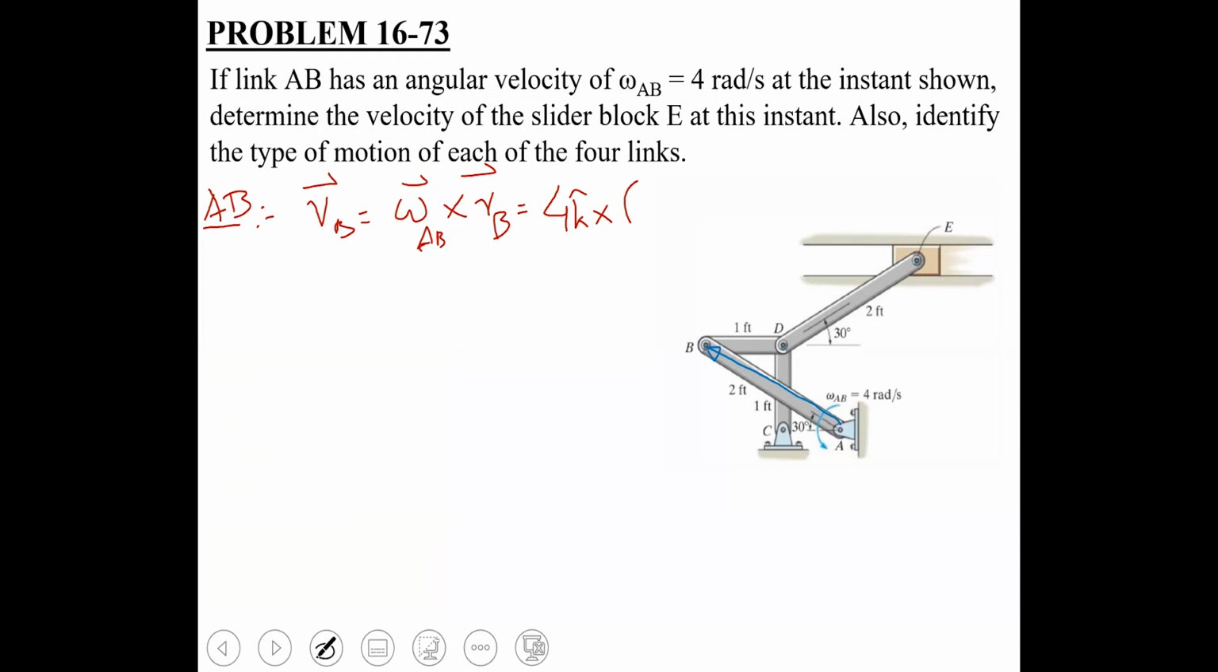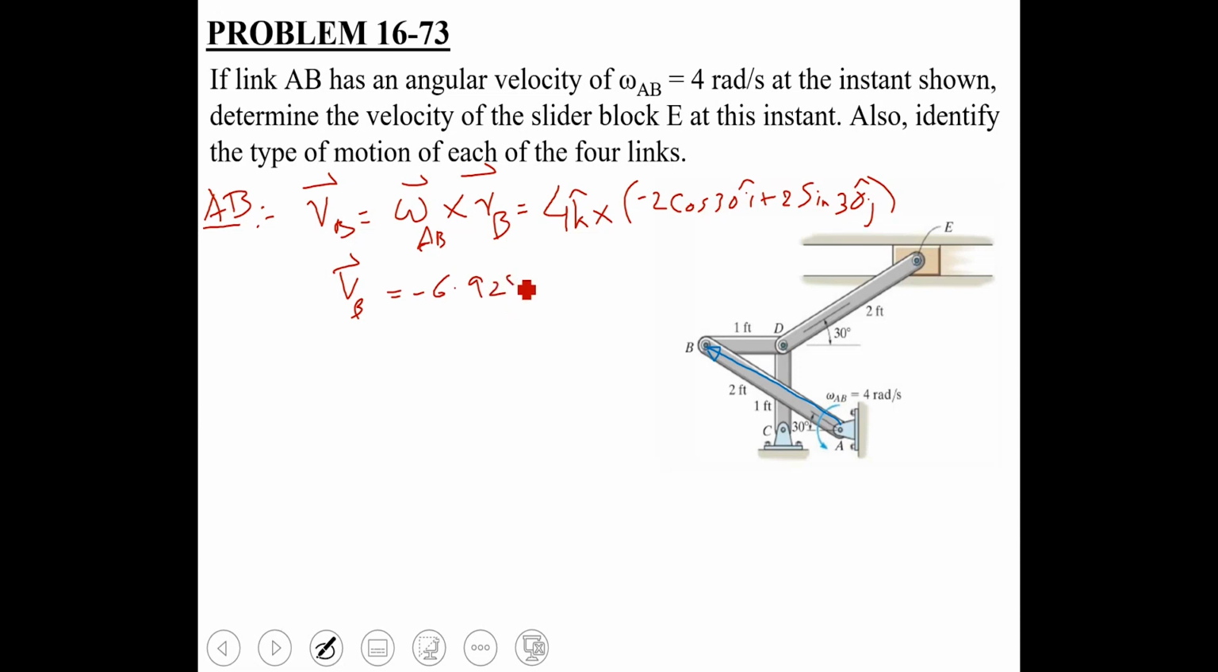Yes, sir. Minus 2 into cos 30, minus 2 into sin 30. So it is going to be minus 2 cos 30 i plus 2 sin 30 j, because this vector lies in the second quadrant, therefore it should have a negative x component and a positive y component. So once you take this cross product, the velocity Vb comes out to be